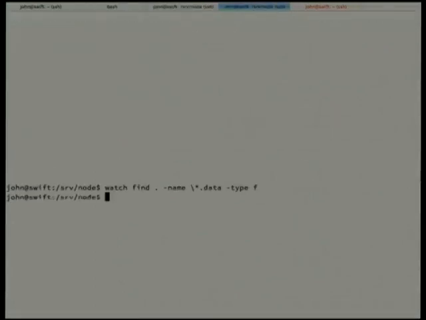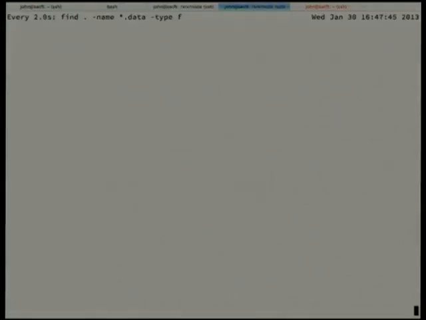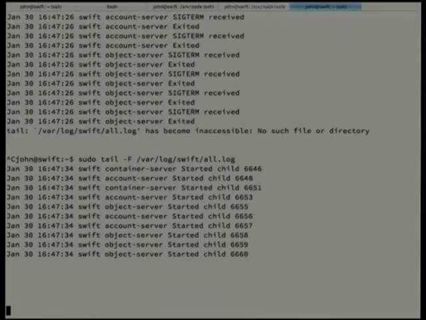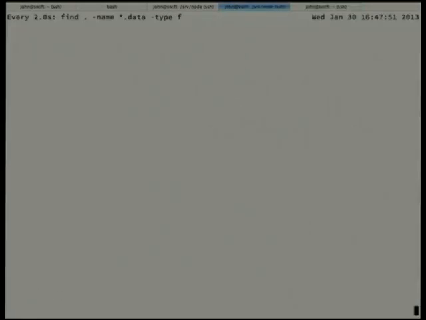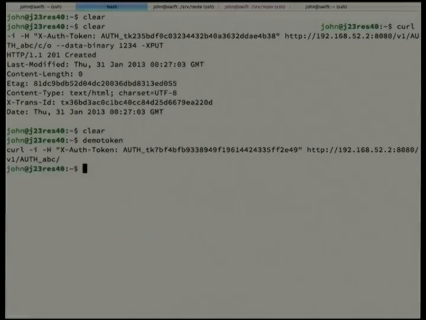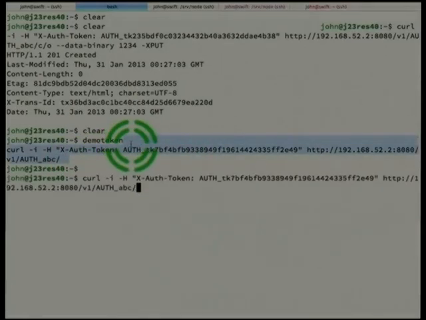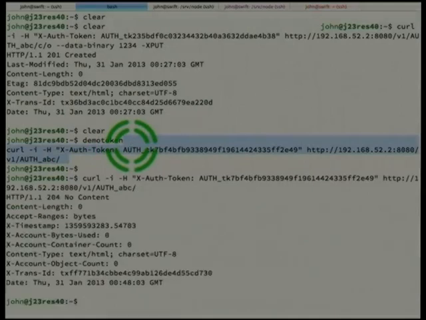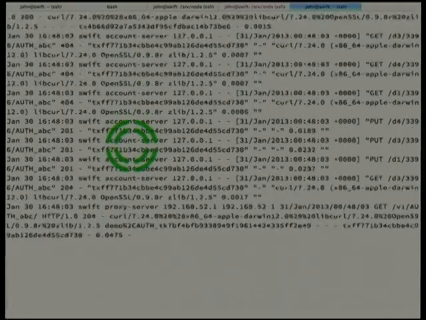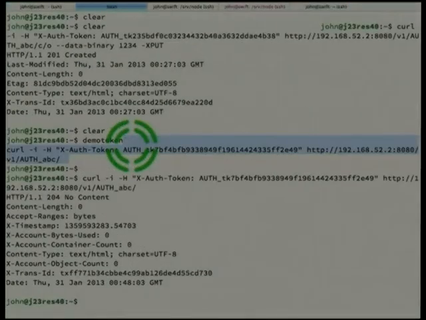That's a different window. So I'm looking at the Swift logs to see what happens over here. This is where we're going to see what happens. Now, we're going to grab a token from the cluster. We can do a request there, and you can see that we've got some requests coming on there. So now let's do